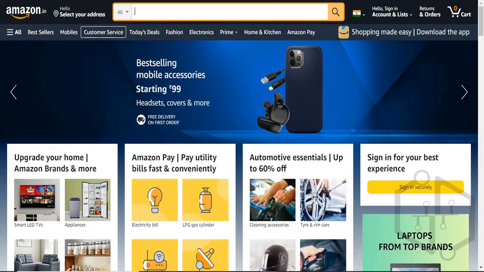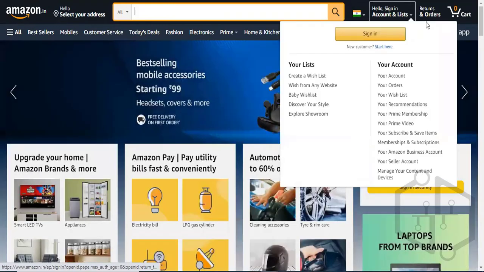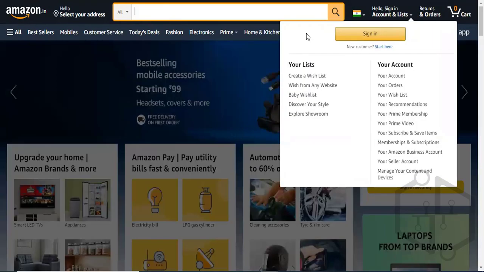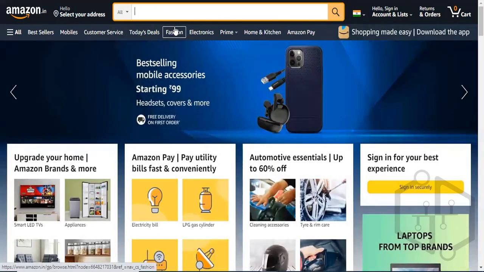So here in AEM, we divide our page into separate chunks. One is this logo, so there will be a logo component. Plus it is a search, so there will be a search component. And there are some links, like these 3 links. So there will be a link component or a link with image component, so that we can also display an image with that link. Below that, you can see there is a navigation.